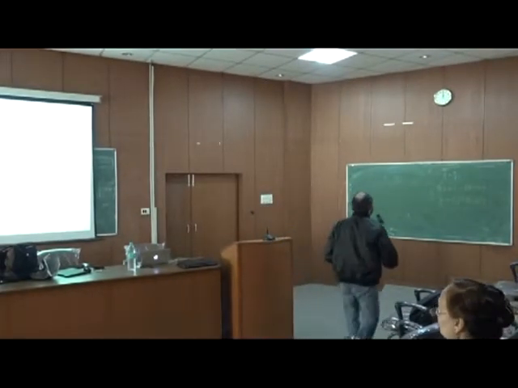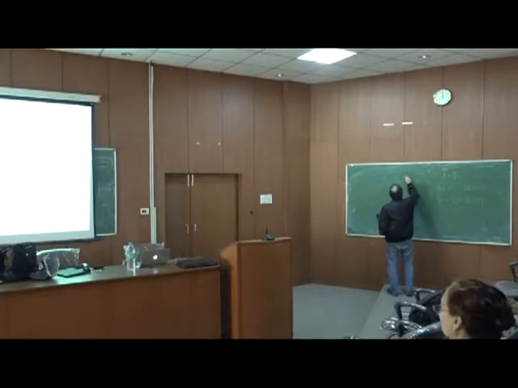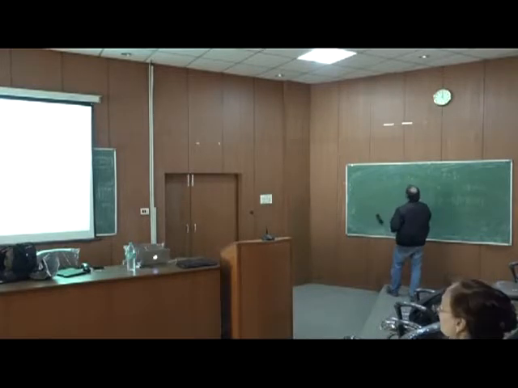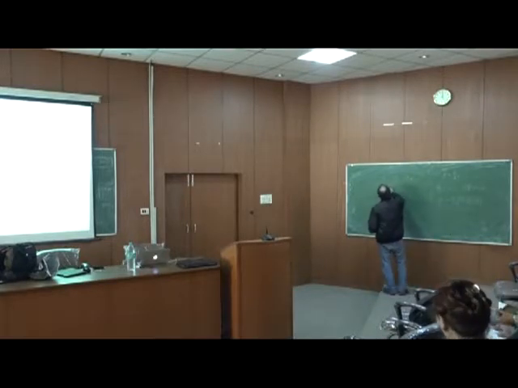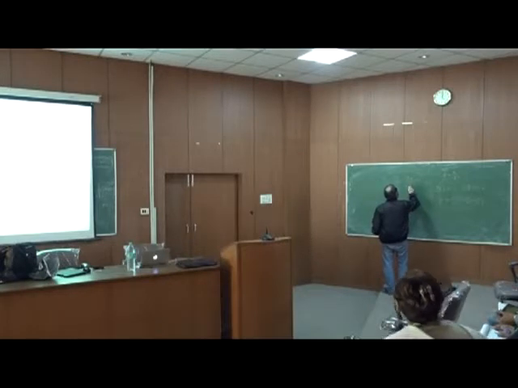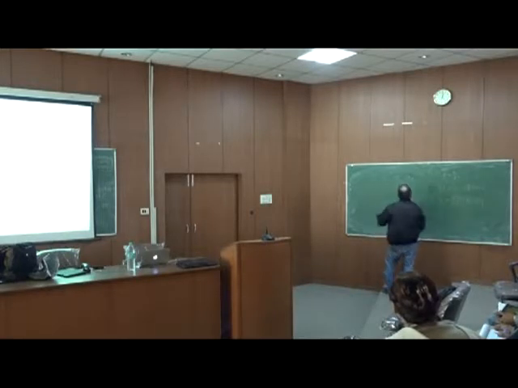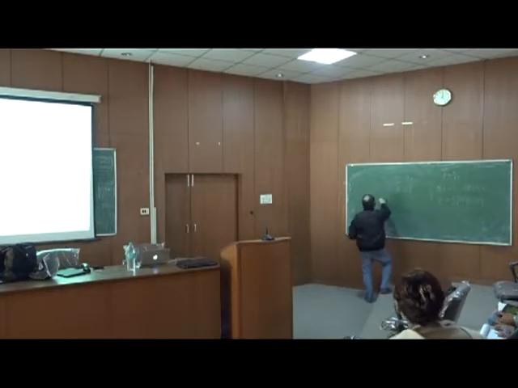Let's do it carefully. Minus 4 pi by 3 rho. Okay. But we already know that rho is mu divided by a cube times 1 plus. We already did this. Right? So we substitute this, and then we get psi 2 equals,